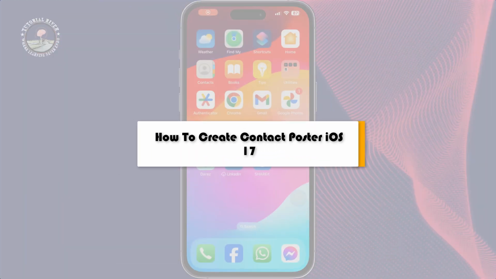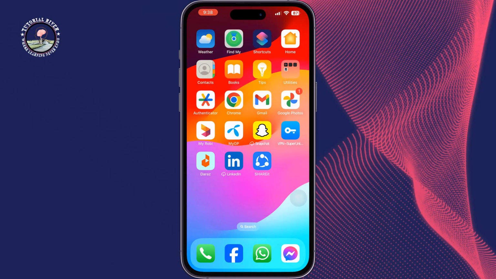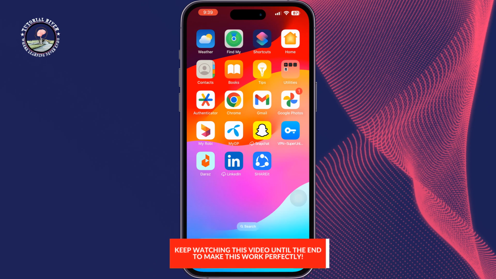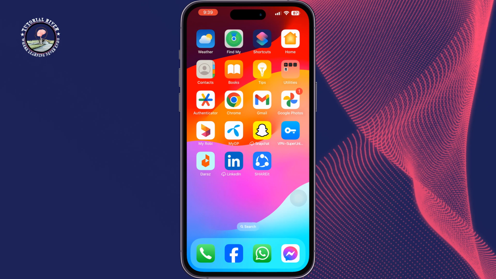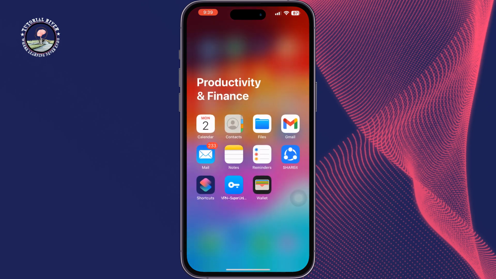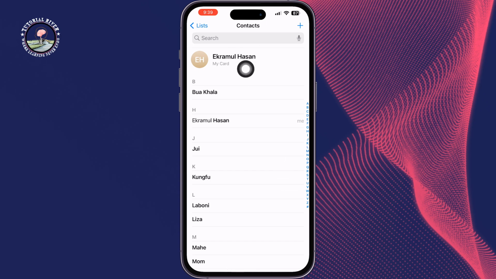This tutorial review will show you how to create a contact poster on iPhone. To create a contact poster, you have to update to iOS 17 or a newer version. Once done, open the Contacts app, tap on My Card